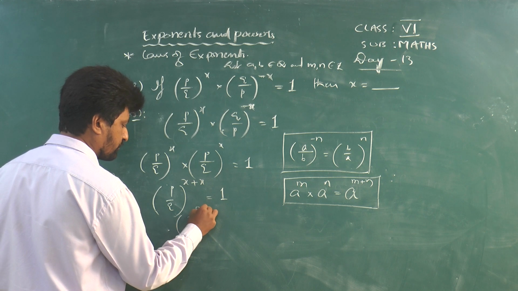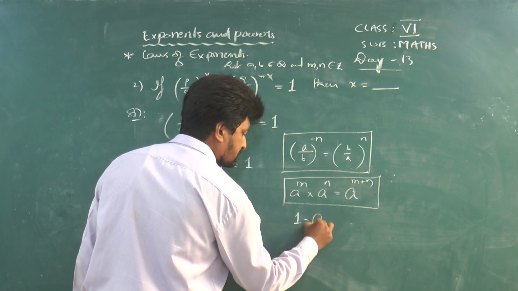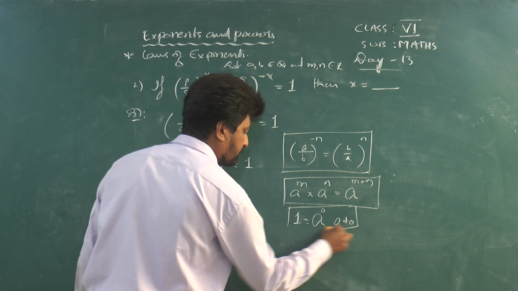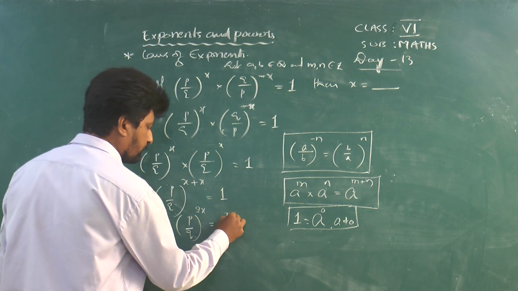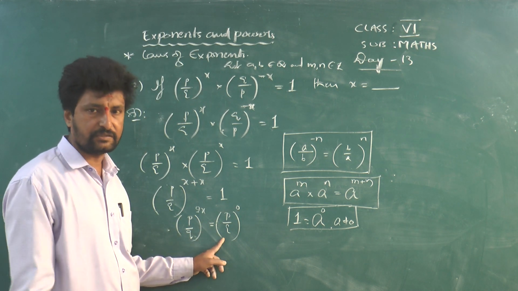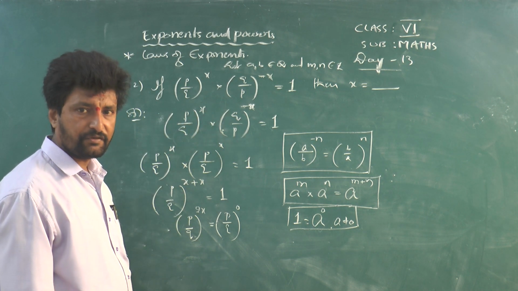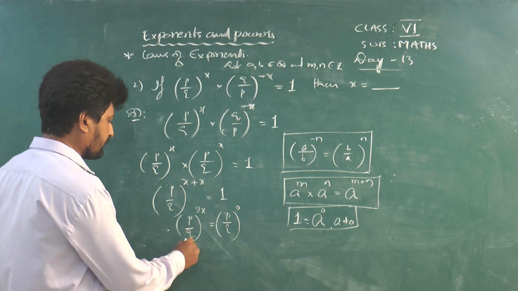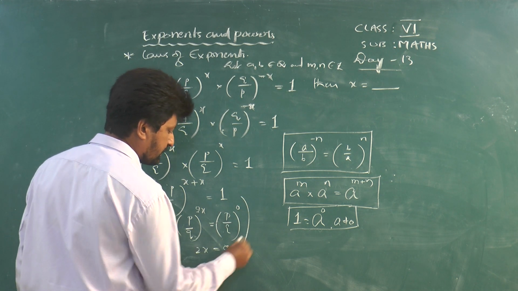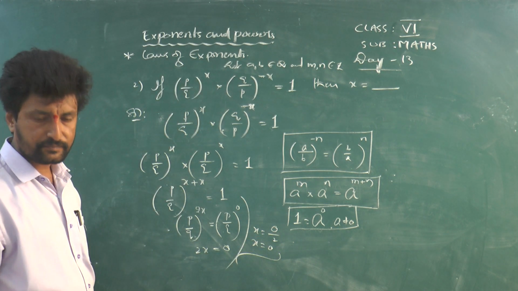Left hand side, what happens? (p/q)^(2x) is equal to 1. Now 1 we can write as anything to the power of 0, but here a is not equal to 0, that means the base is not equal to 0. That's why 1 we can write as (p/q)^0. Here we have to understand that the p/q value is not 0. If p/q value is 0, then q/p is not defined. That's why p/q is not 0. Here again, bases are equal, that's why exponents are equal. Now 2x is equal to 0. From that x is equal to 0 by 2. From that the value of x is 0. Next.